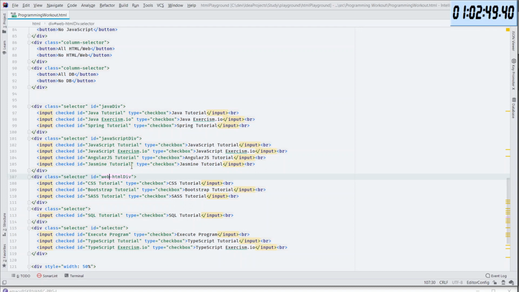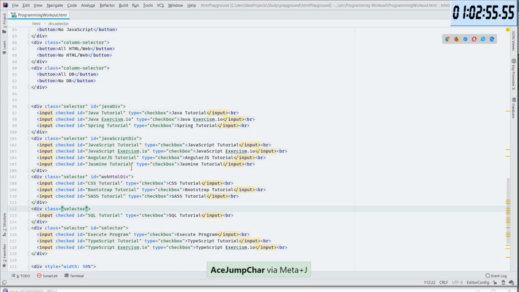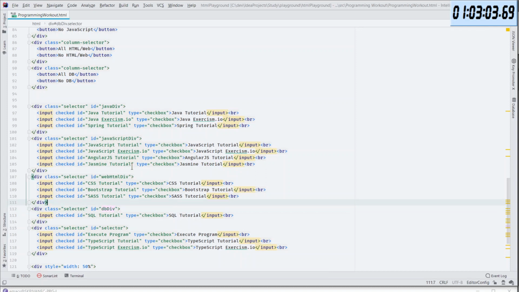This is weird how I'm naming it. Okay, and this is the db diff ID and db diff.